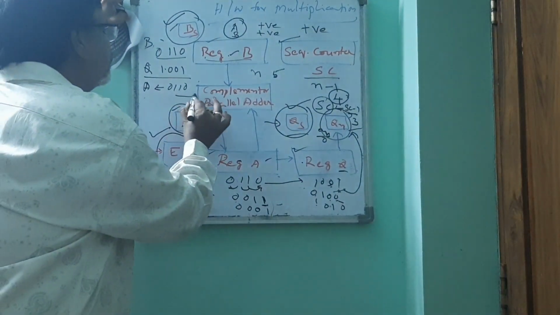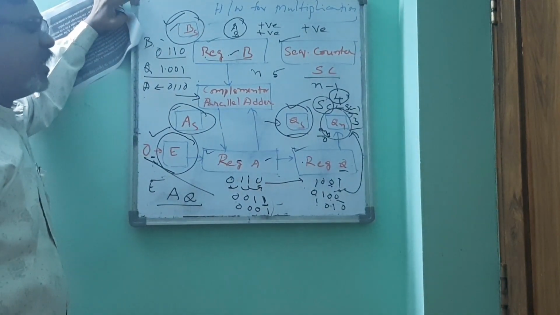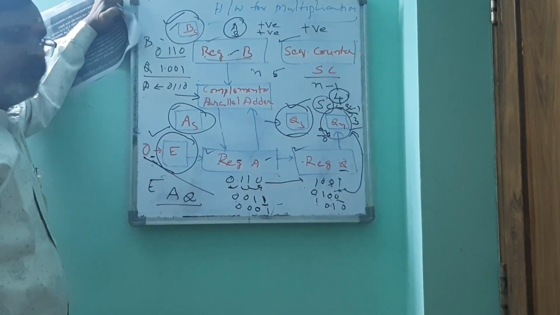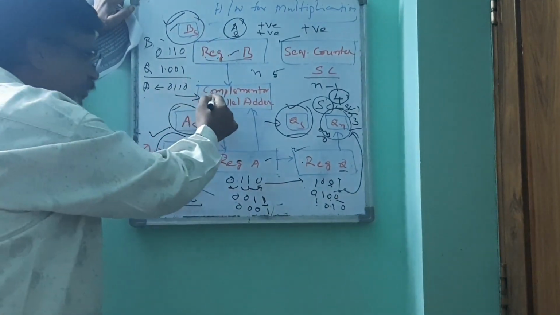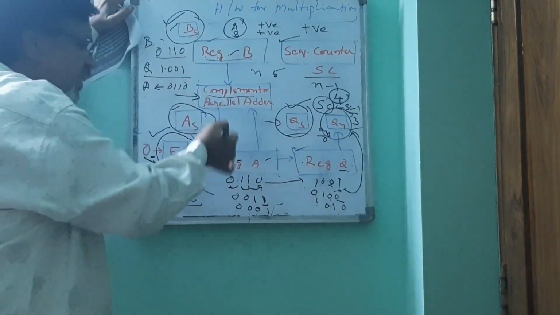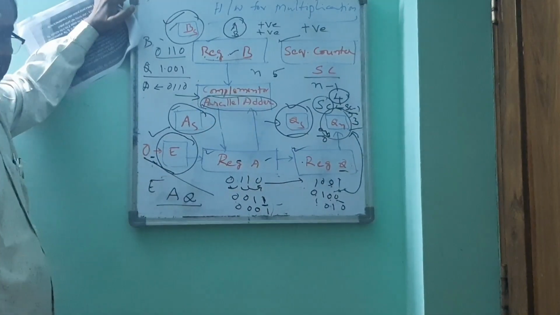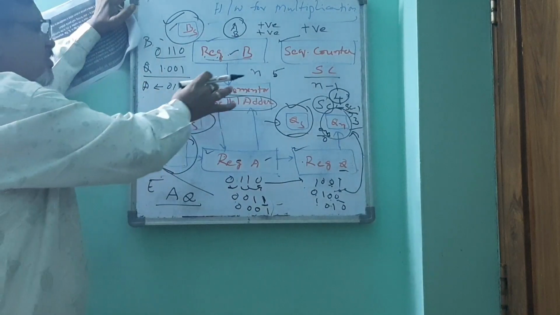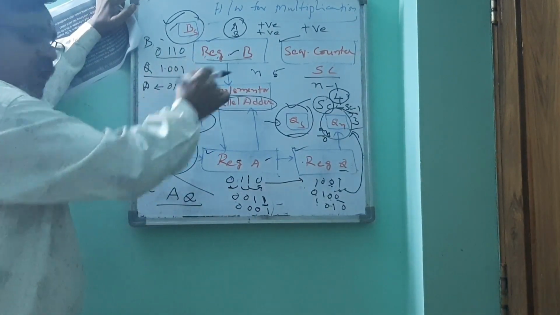Then this hardware logic diagram is a complementer and parallel adder. What this complementer and parallel adder means is: if this bit is a negative value, we need to perform 2's complement and then add. If it is a positive value being added to a positive number, we simply add. No 2's complement is required. So whether it is positive or negative, the complementer and parallel adder works it out. Both will be done in one operation.